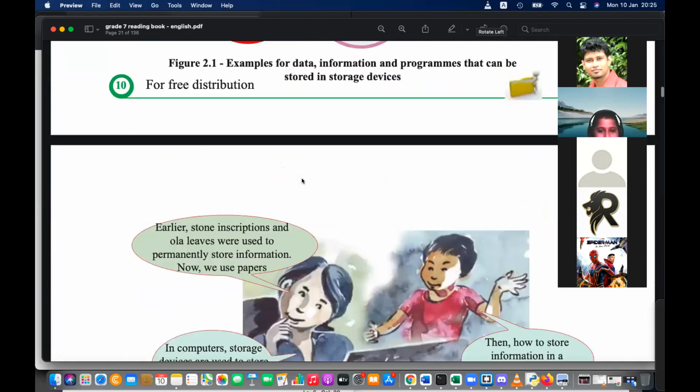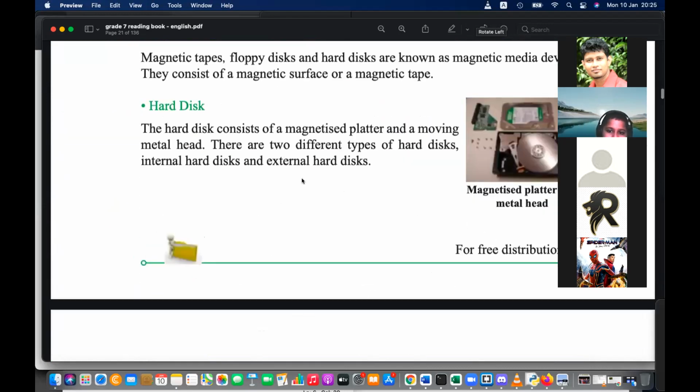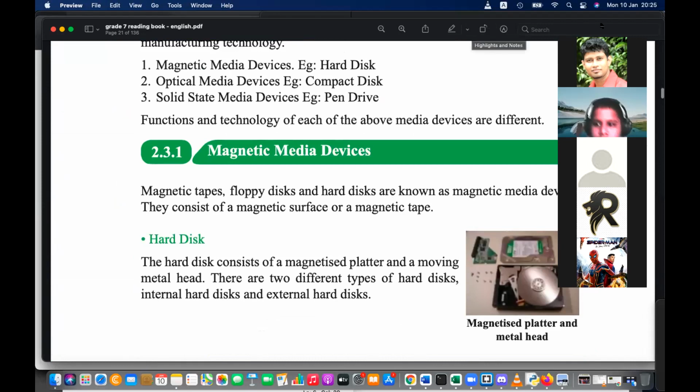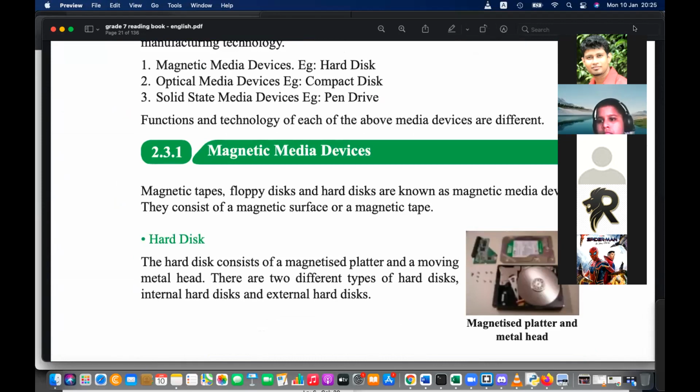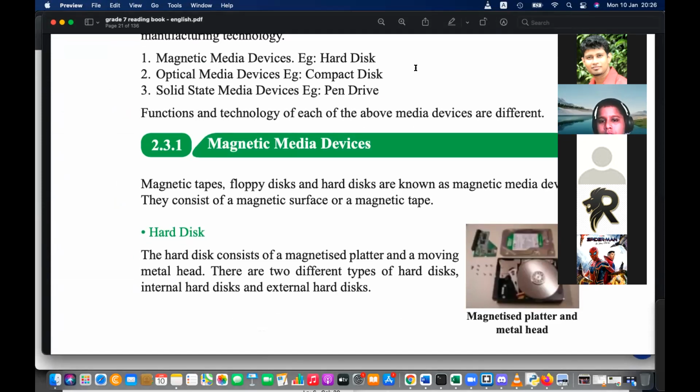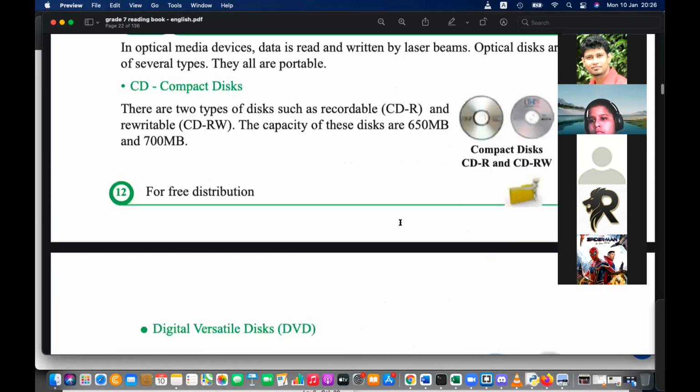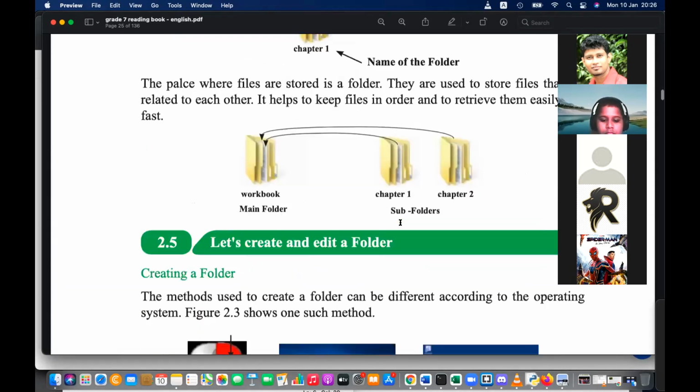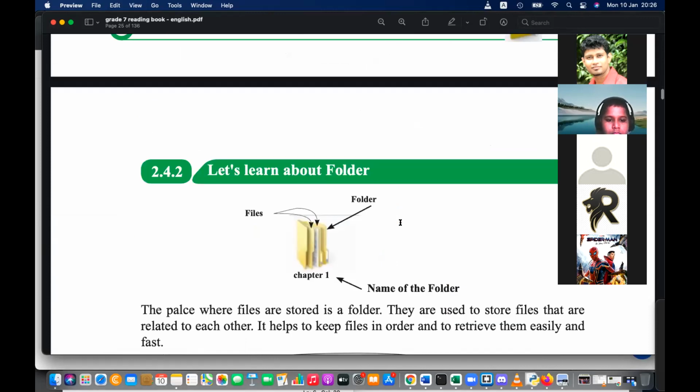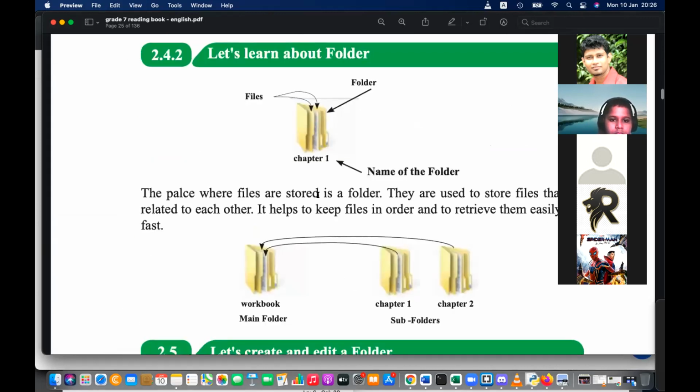And also we need to learn about the storage devices today. So first of all, let's focus on the practicals, and then let's come to the storage devices that we are going to use. Inside the storage devices are these files and folders.